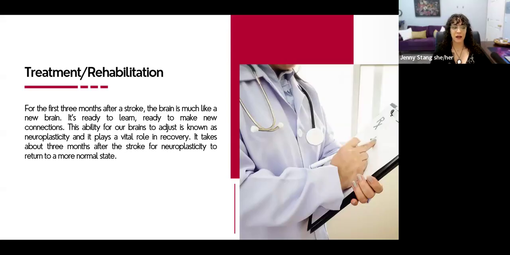After that, of course, the survivor can still work on regaining function and practice for improvement, but those improvements may come at a slower pace. So if your loved one has a stroke, we do not want to put rehabilitation on the back burner. We want to get in as quickly as possible so that we can get as ahead of the curve as we possibly can with their recovery.